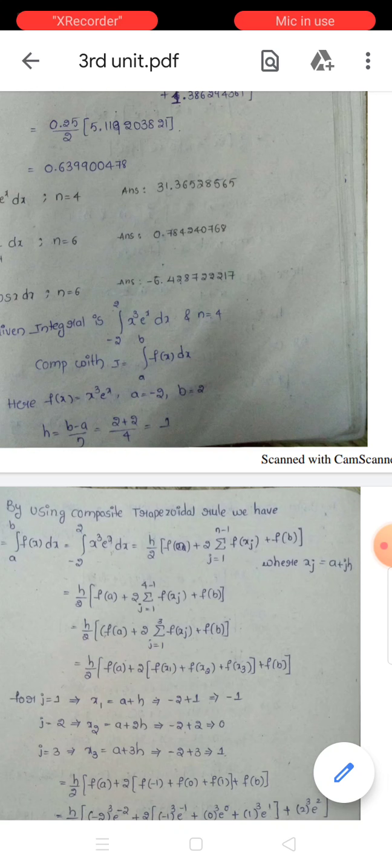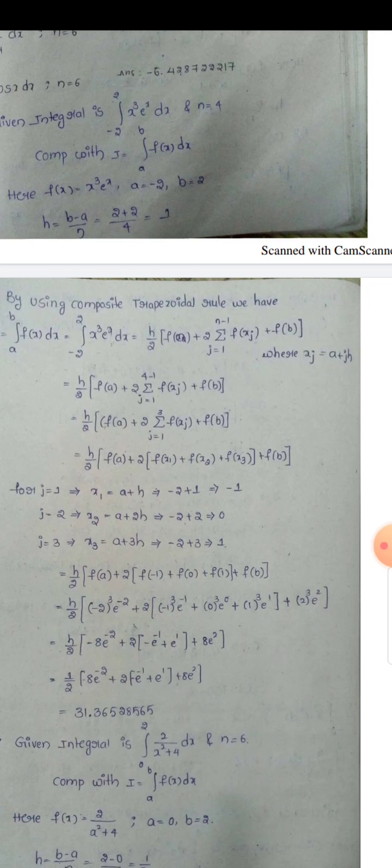For j equals 1, x1 equals a plus h equals minus 2 plus 1 equals minus 1. For j equals 2, x2 equals a plus 2h equals minus 2 plus 2 equals 0. For j equals 3, x3 equals a plus 3h equals minus 2 plus 3 equals 1. Therefore, integral minus 2 to 2 x cube e power x dx equals h by 2 into [f of a plus 2 into (f of minus 1 plus f of 0 plus f of 1) plus f of b]